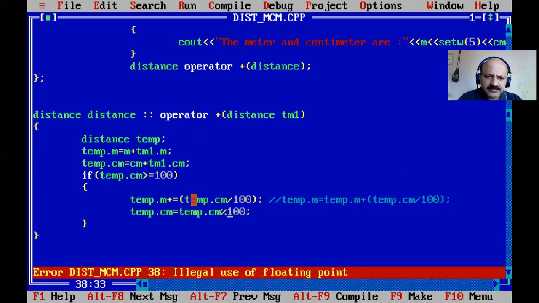So again, tm modulo 100. Why is that? Because it is float. Yes, we cannot take a float value.